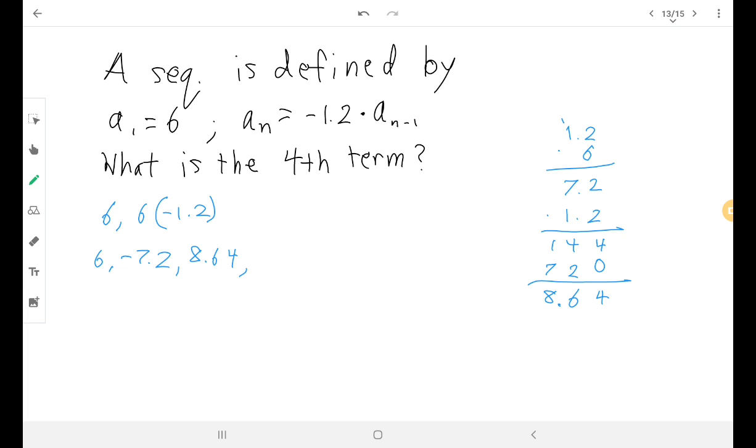And then the next one will give me my fourth term. So I just got to multiply by -1.2 again. A positive times a negative is a negative. And multiply by